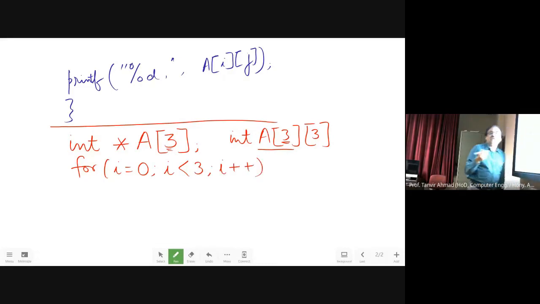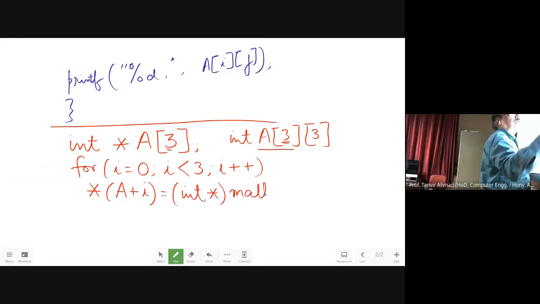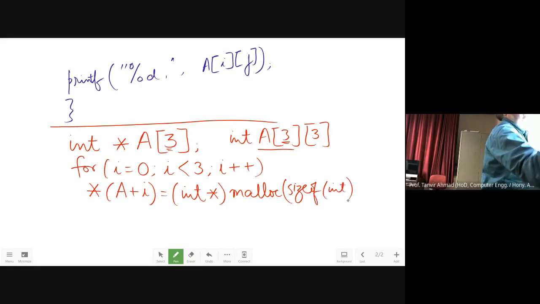Here you have flexibility. I can write: star A plus i is equal to integer star malloc of size of int multiplied by 3.